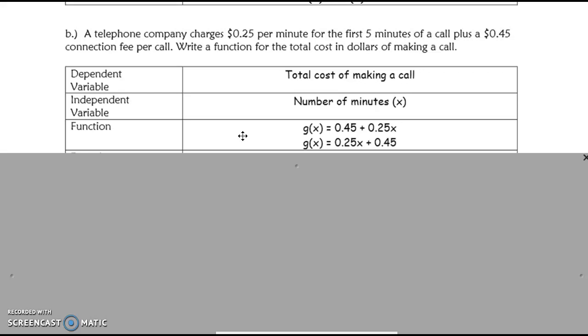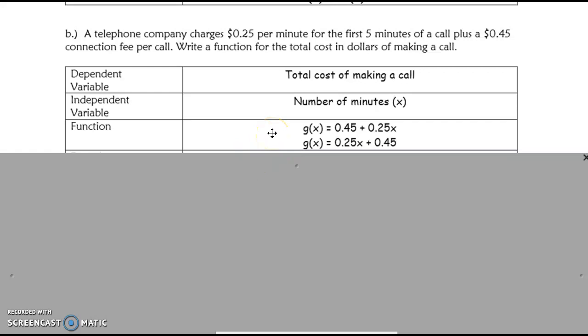We can use whatever we want to name it, but what has to be true is that g of whatever this variable is here needs to be in our equation. So if you put f of x, that's fine. It's okay, it's still good. But sometimes we have to compare two functions and we don't want them both to be f of x. One of them is going to be f of x, the other one we have to name something else because they're not the same function. Okay, so